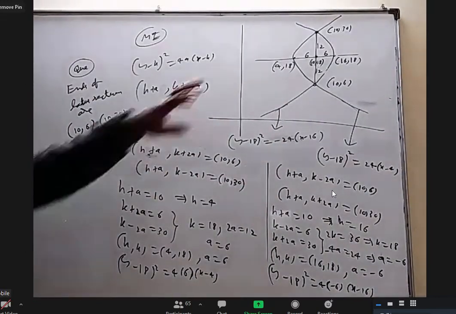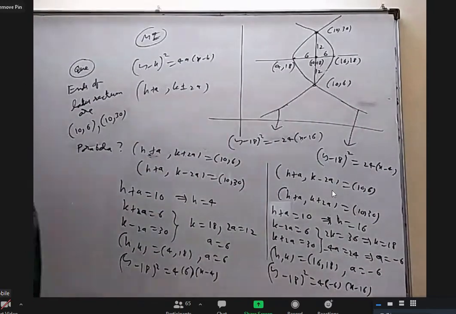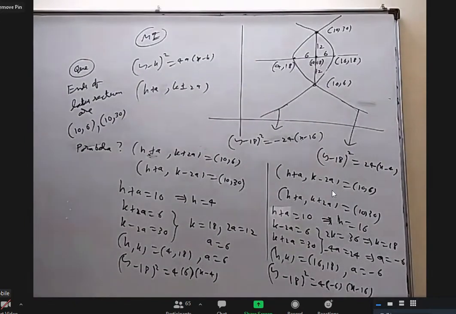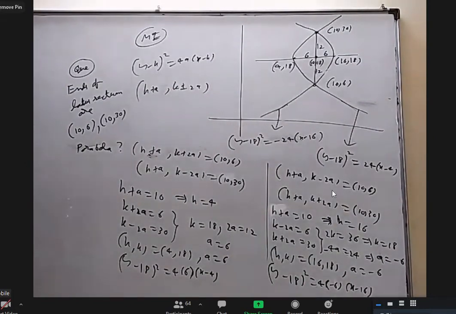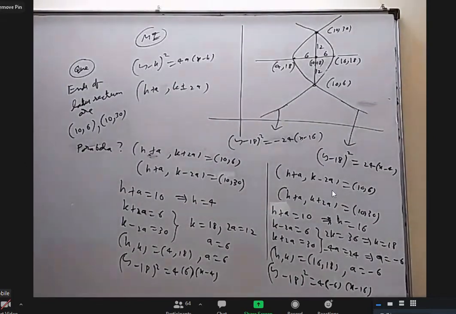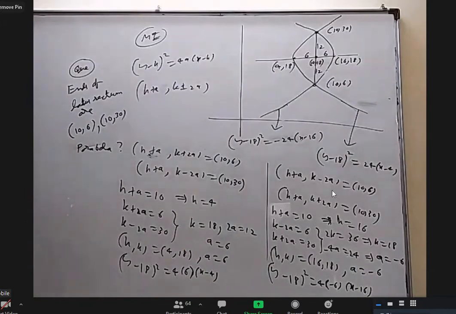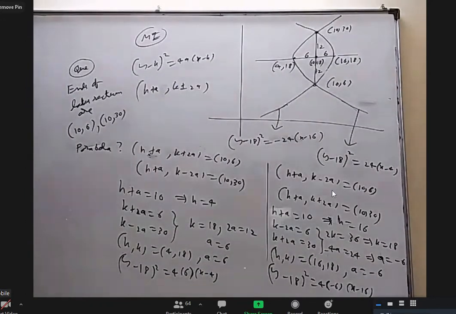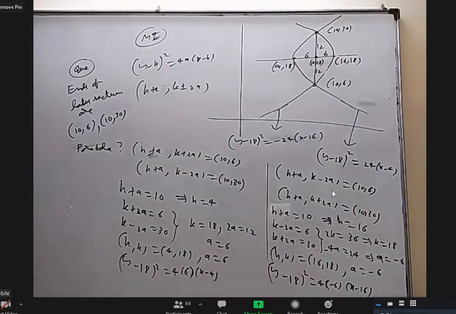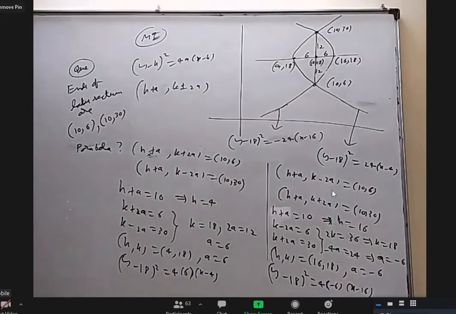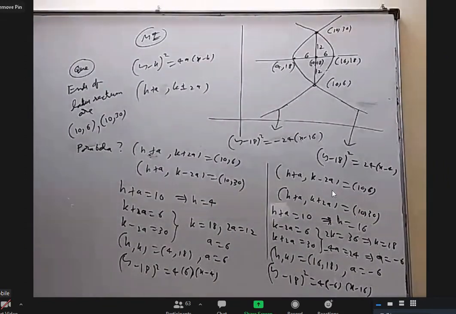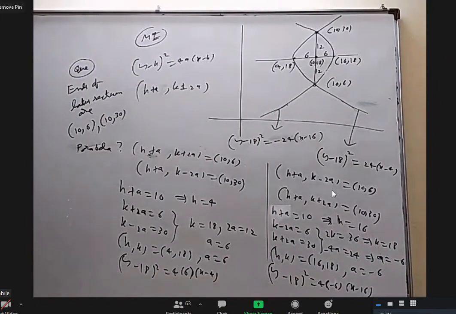Okay, what we got from the figure, you can also get by the formulas also. Sir, Saket, is it okay? Why we got two cases? Little bit confusing. No confusion. Look not at the figure, look at the formulas. Ends of the latus rectum are h plus a and k plus or minus 2a. Which one is k plus 2a? Which one is k minus 2a? Can interchange, na? Yes, sir. Okay. That's it.